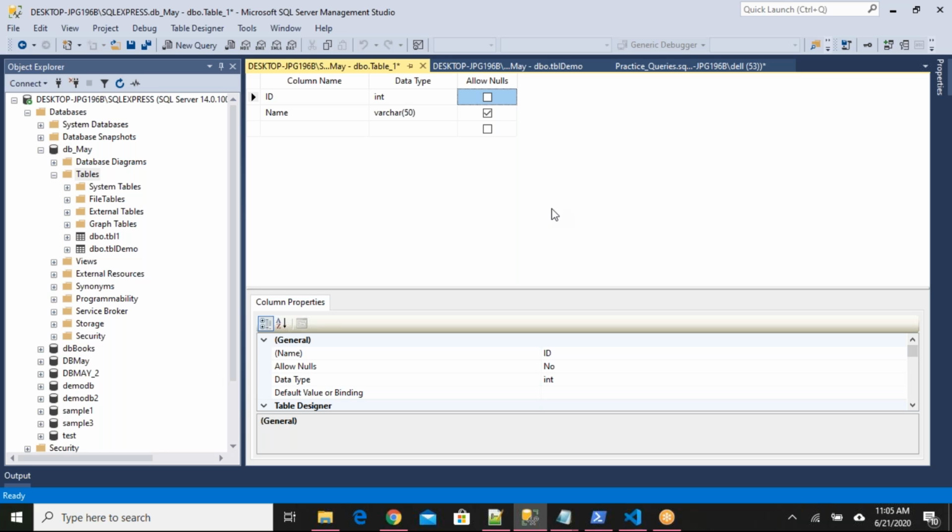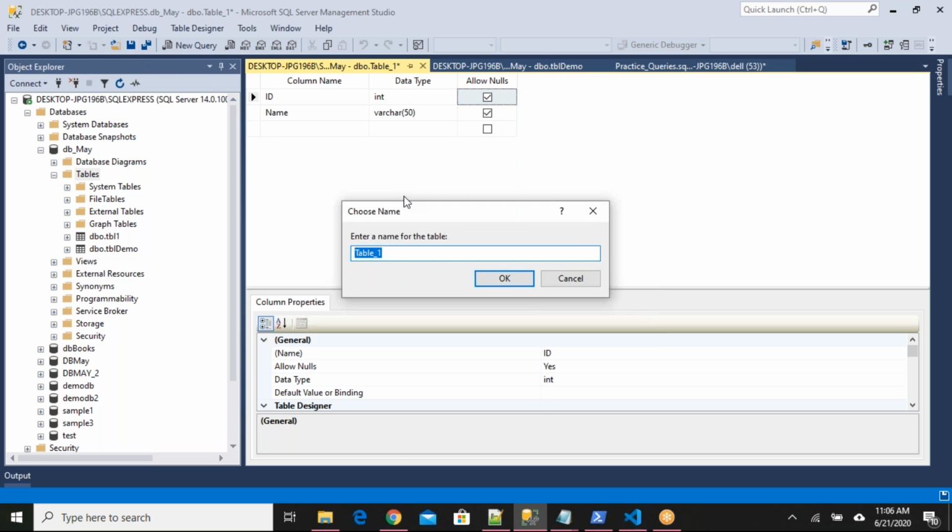We call it a not null field. Not null field means it's a required field. While inserting data, you must insert some data into the ID field. If it is checked, even if you provide data for that column or not, it will accept. So it decides whether the column information is mandatory or optional.